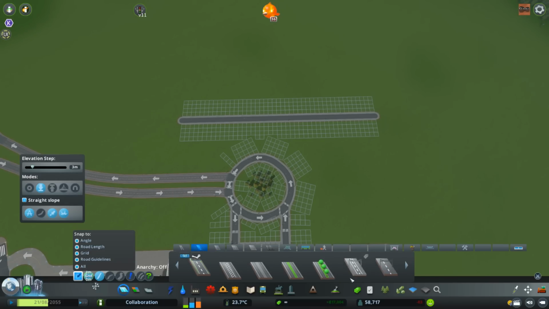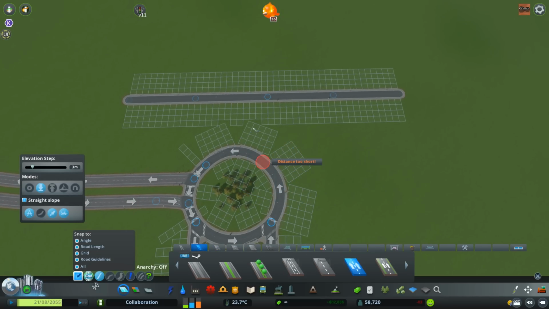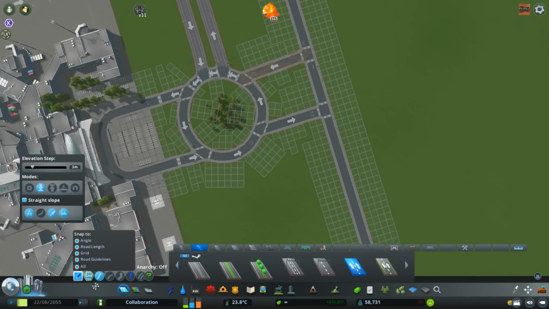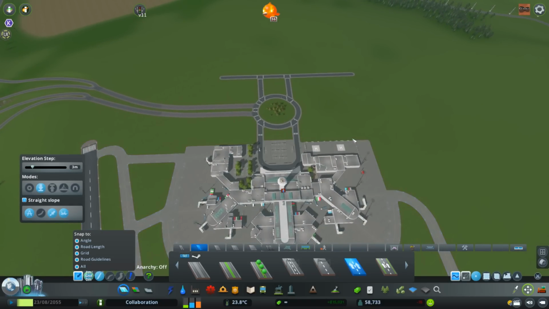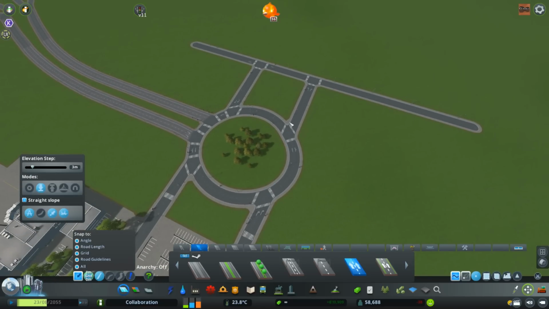Yeah, so let's get into our one-ways. And I want to connect this up similar to how I did the initial terminal. Something like this. Just, you know, it looks kind of cool. Okay. Now these are one way, so at least